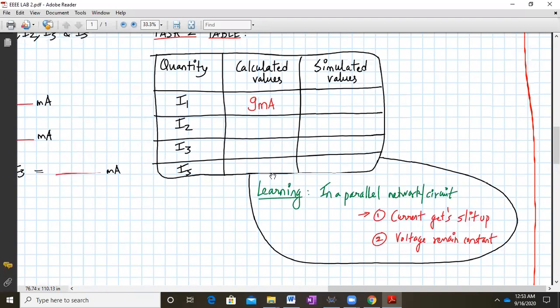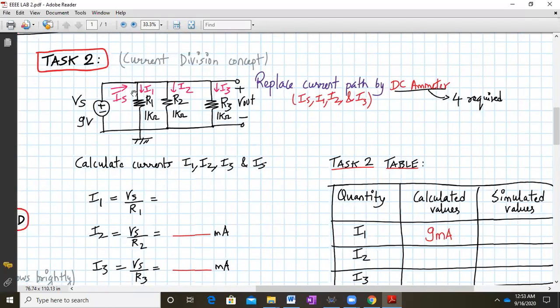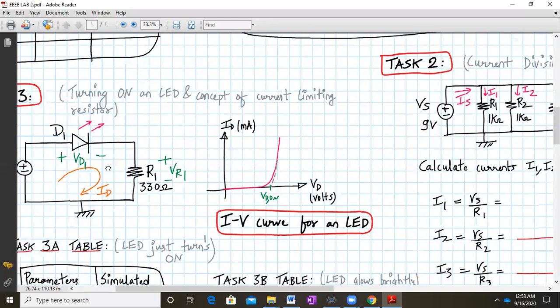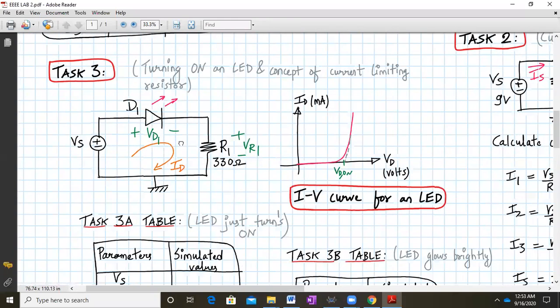So in a parallel network or a circuit, the current gets split up, whereas the voltage remains constant. So over here, the current is getting split up, whereas in this circuit, the voltage is remaining constant at 9 volts. Okay, now let us move on to task number 3, which we will be observing in Proteus